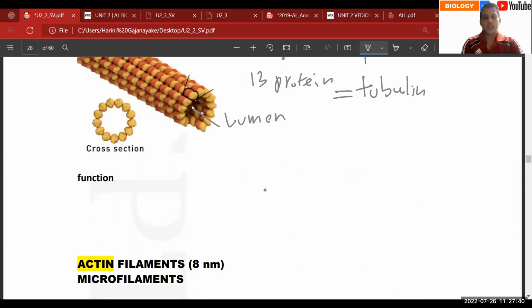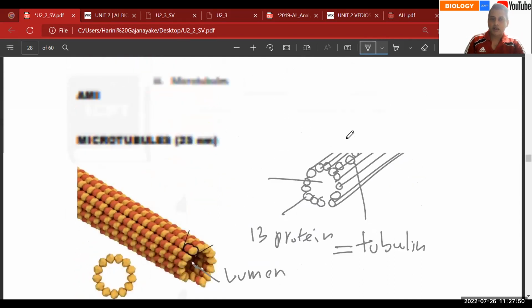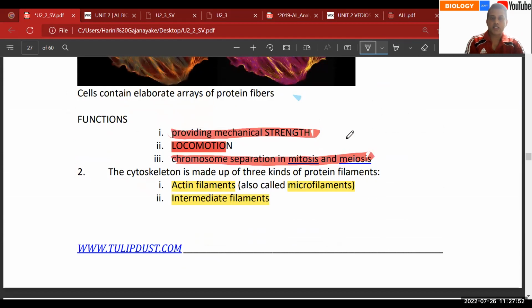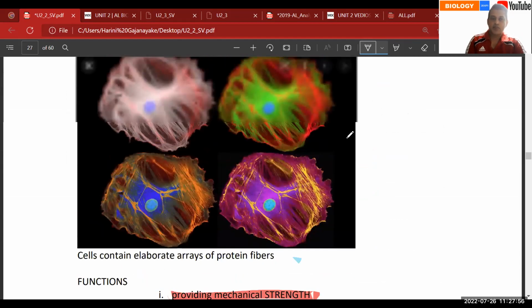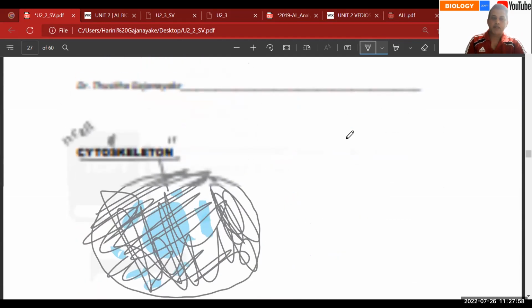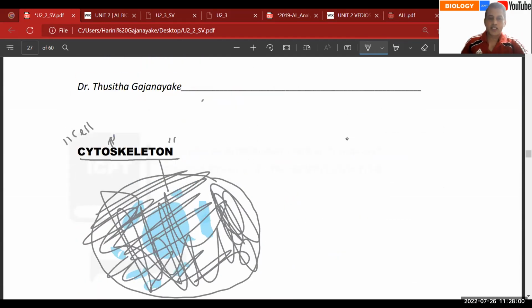Now we're going to look separately at the function of these three filaments. Here we generally learn the three functions of the cytoskeleton. The cytoskeleton is made by the three filaments, right? The cytoskeleton is made by three filaments: